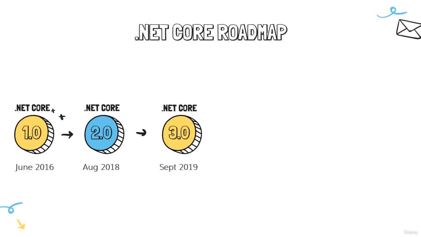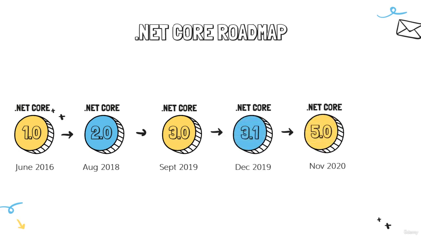There was a big change from .NET 2.1 to 2.2 because we had to update quite a few class libraries and there were a few challenges. But since then, the .NET Core team has been releasing new versions with 3, 3.1, and .NET 5, which was released in November of 2020. After that, there is .NET 6, which will be released in November of 2021. We will be using the preview version, but whatever we learn will be the same once .NET 6 is released. So this is a small overview of all the .NET frameworks and their evolution.